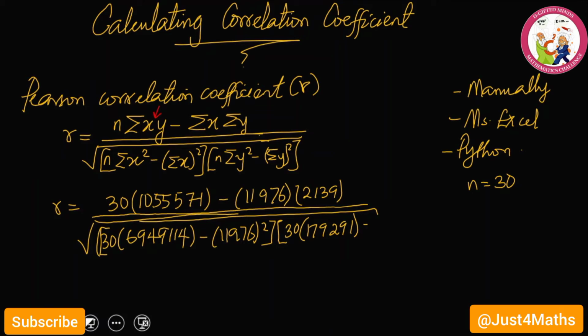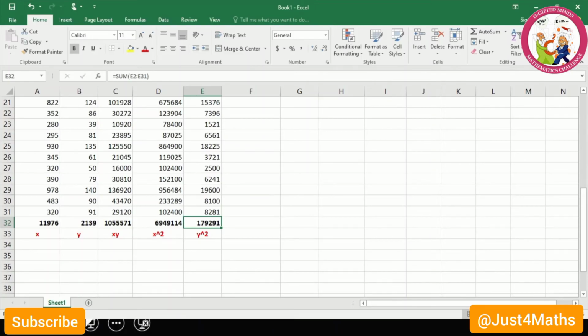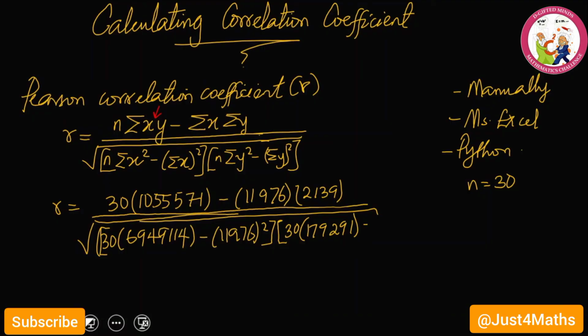179,291. That is summation y squared minus summation y all squared, 2,139 squared this value. Okay, with this substitution, the next step we'll have to take is to punch the calculator. So when you take your calculator, punch the values at the numerator, multiply 30 by this value, multiply summation x and summation y, then whatever value you obtain at the numerator, you divide by the value you have from denominator, and when you do the computation correctly, your answer will be approximately